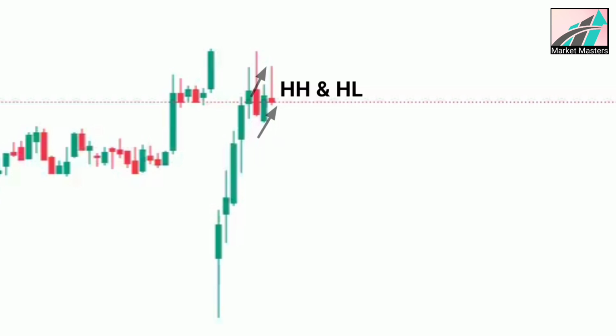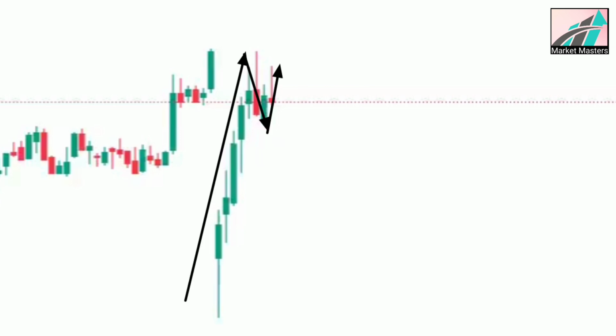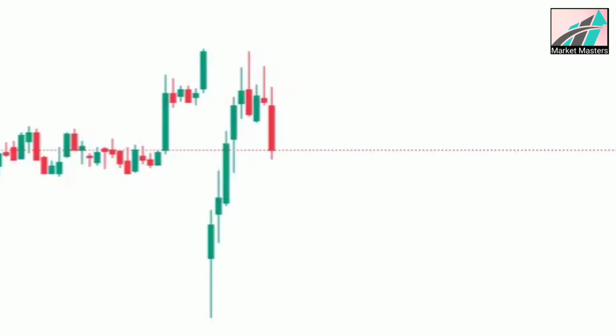According to structure mapping rules, we should draw an uptrend line here. This qualifies as an internal uptrend structure. Let's see what happens next. Now, we get a big red candle. On a candle by candle basis, it forms a lower high and a lower low, which indicates a short-term downtrend